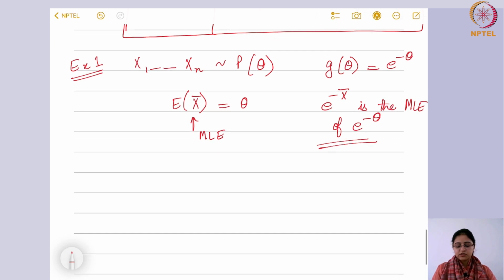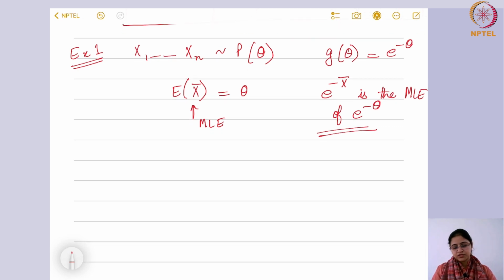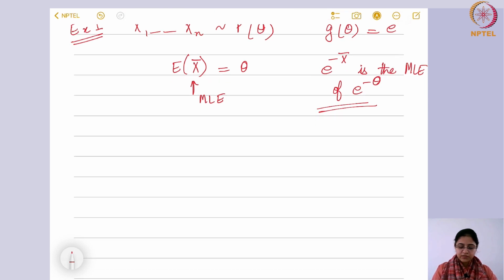Okay, so now our result says that if your unbiased estimator is based upon the MLE, then it is going to be a better one. So let us start with this. Here we have x bar. X bar is basically what? 1 over n summation xi, right? Now if I denote summation xi with some other variable, suppose z, then x bar would be z by n,